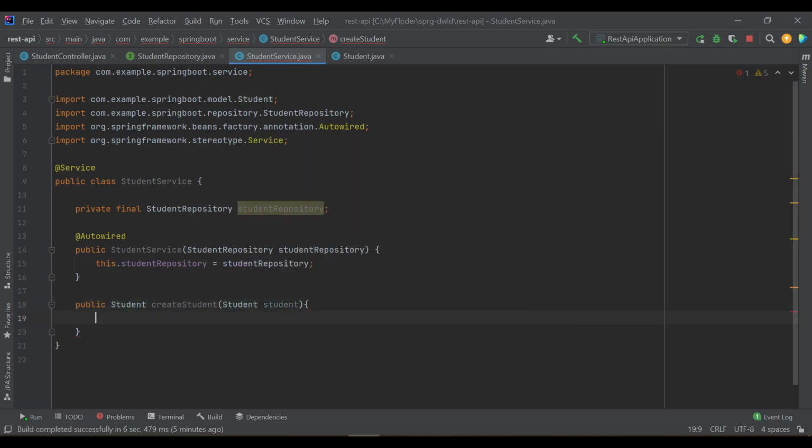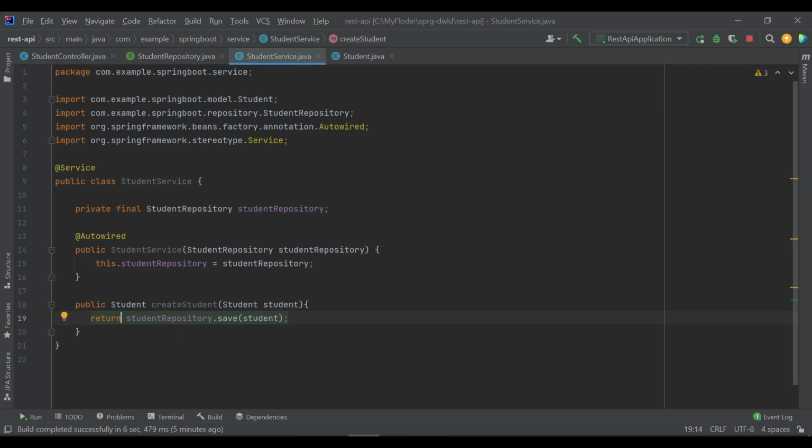So let's do service dot save student, and it returns student, right? So let's return from here.